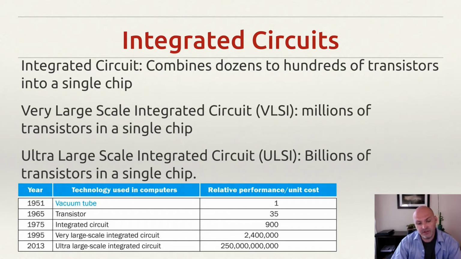In the 1970s, we started building transistors into what are known as integrated circuits, bringing more and more transistors into one piece of silicon. And this kept going. We went from a regular integrated circuit to a very large-scale integrated circuit, and most recently, manufacturing processes have reached what's called an ultra-large-scale integrated circuit. This just means that we can keep getting more and more transistors into a relatively small amount of silicon, and